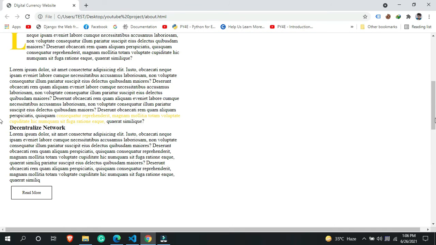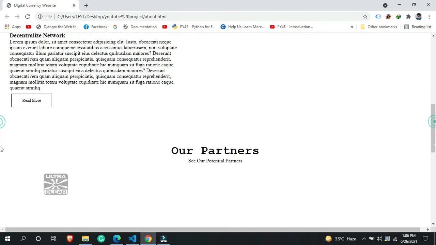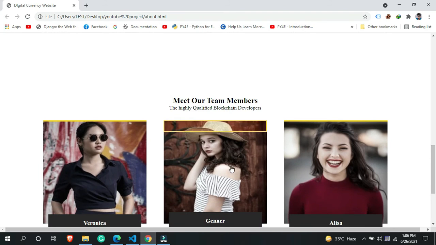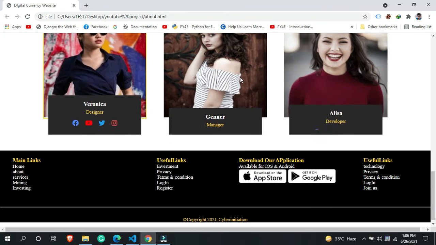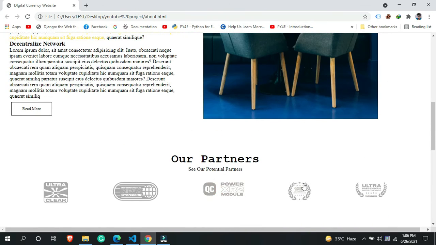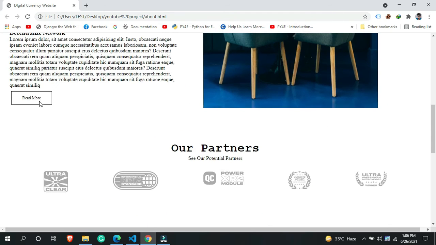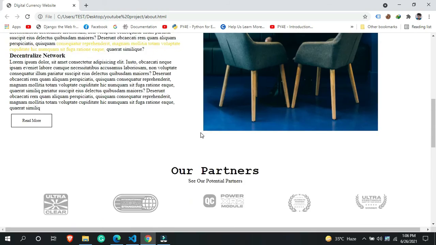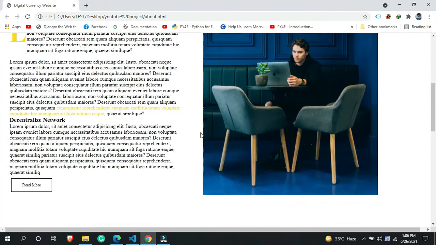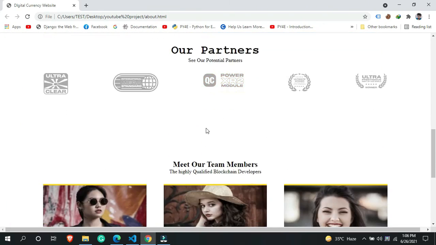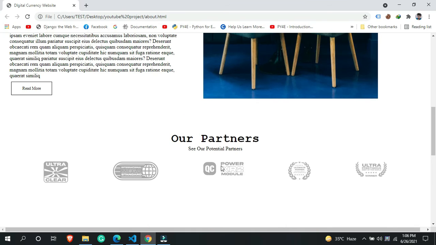So we successfully completed this particular page over here, and here you can see we are getting every single thing that we needed in this website. So we are getting our partner section, and it is working fine, and we are getting a very beautiful partner section over here. This is the team section, and this is the about us section. But before doing anything, let me remove